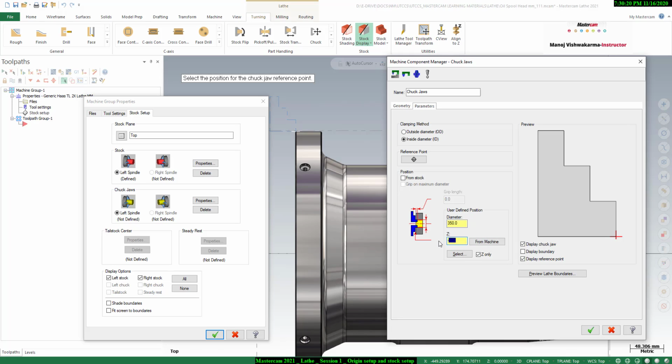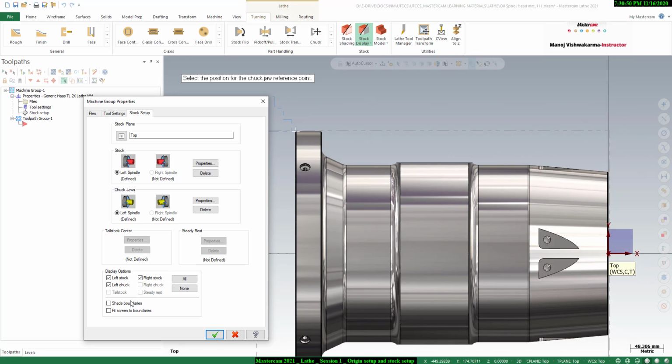We can say minus 452. That will be good and very safe for complete machining of that part. And if you have to do parting, then you can give the length as per your parting tool width. So I will give some more extra length here. So I will say minus 455. Let's see. Okay, so I will say okay.